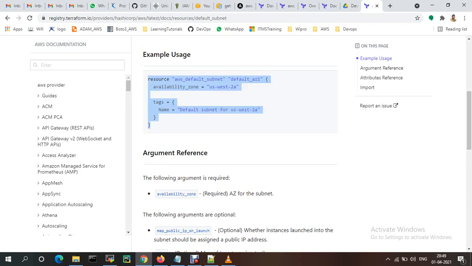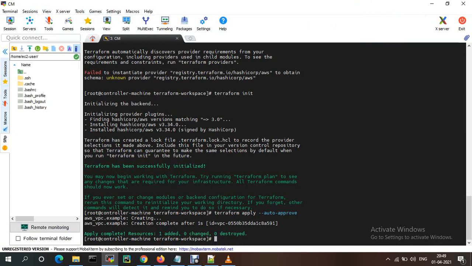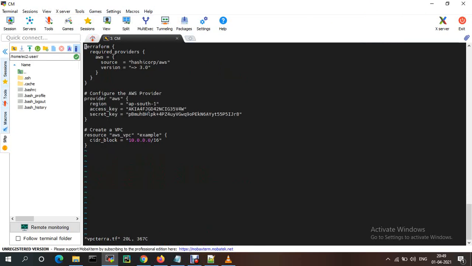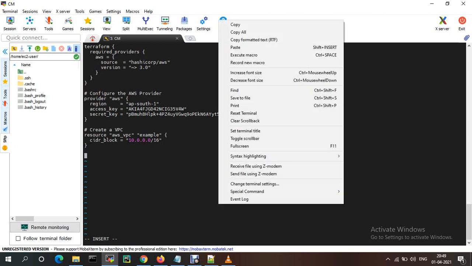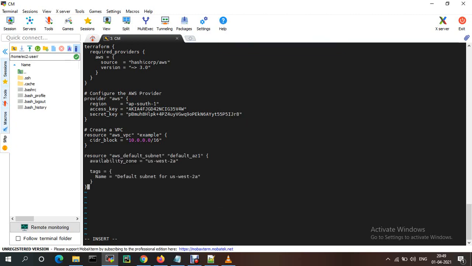The resource is AWS default subnet and the subnet name. You just need to give any name, matching within the subnet only, right?